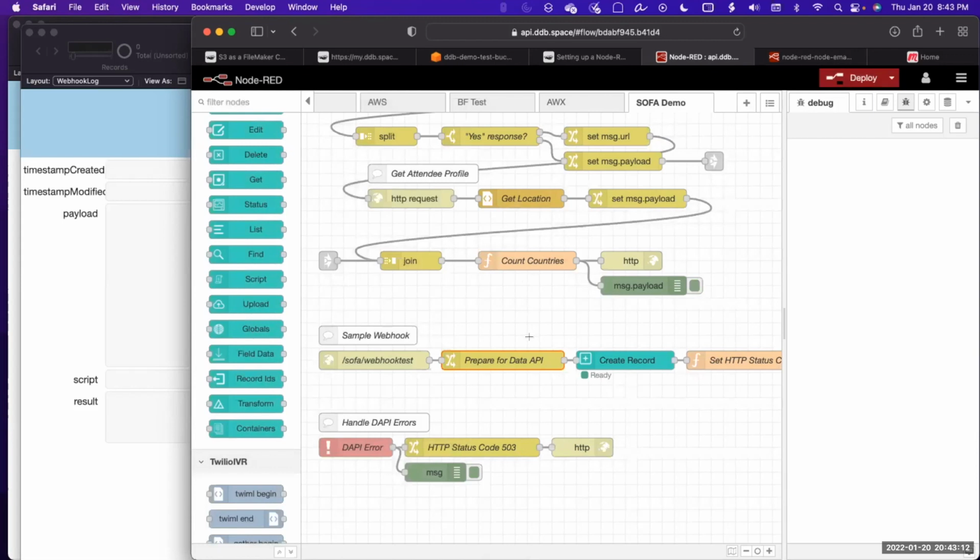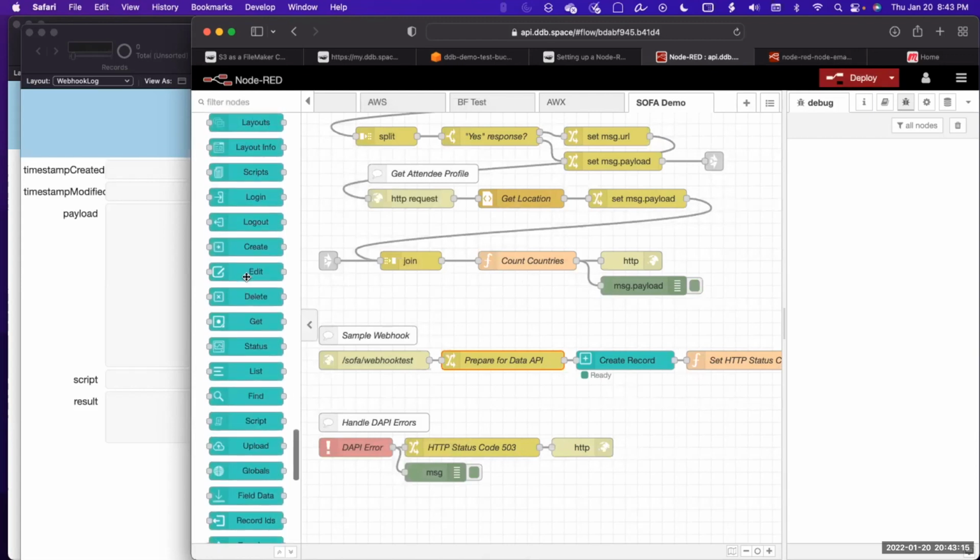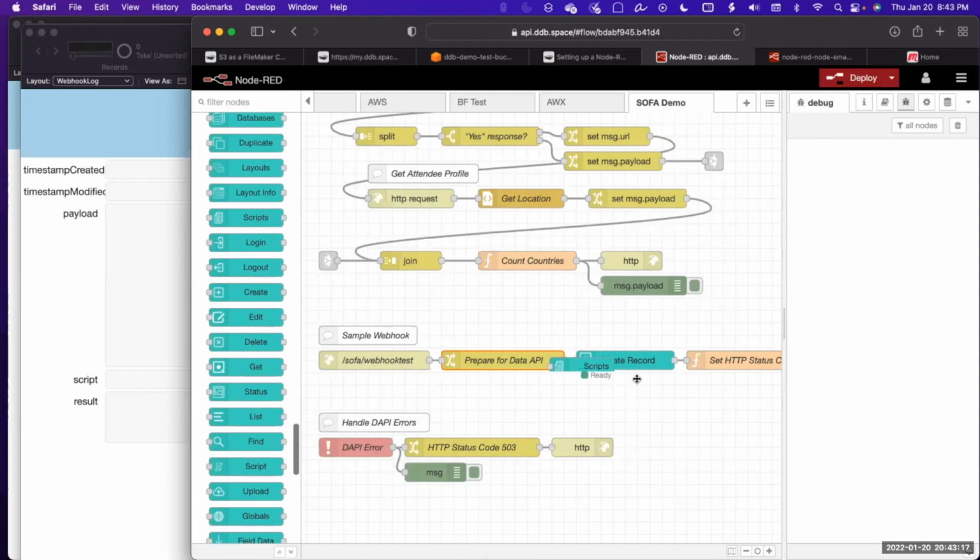There is a node here to just call a script, but this is kind of annoying because you can't send in a lot of data, because it uses a GET request. So you can't post a large JSON object to it. I think it would be nice if you could pass it in through the script parameter. But the best way is just to create a record and then have it run a script after. And so that's what